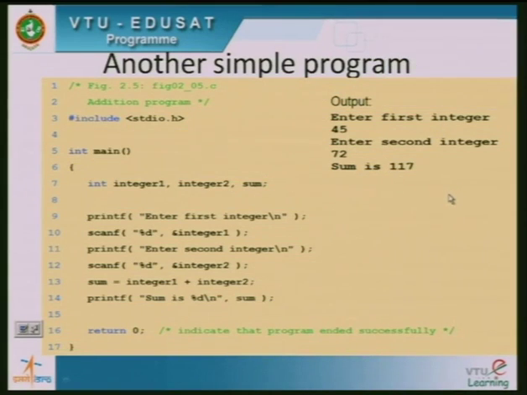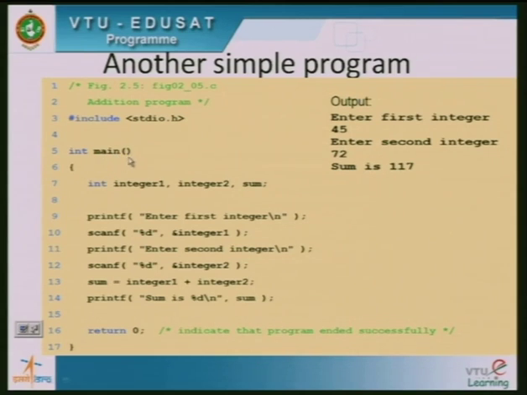Now a clear-cut program in order to read 2 integers and print their sum. There are 2 numbers, you have to read them and then print the sum of these 2 values. Let us understand this program. Along with me, let us write on the blackboard so that you can start writing your own program. Include stdio.h for all programs. This is essential. It is a preprocessor directive statement. Next, the main